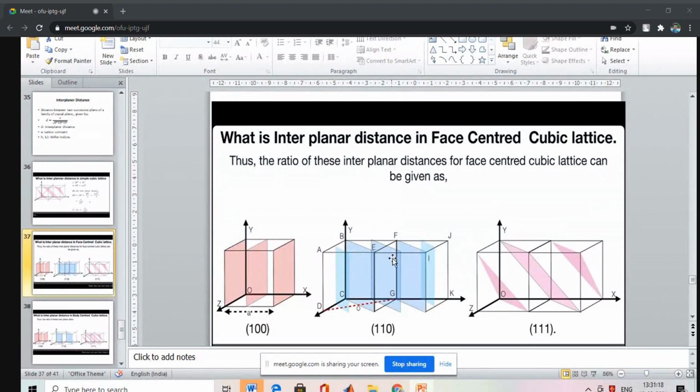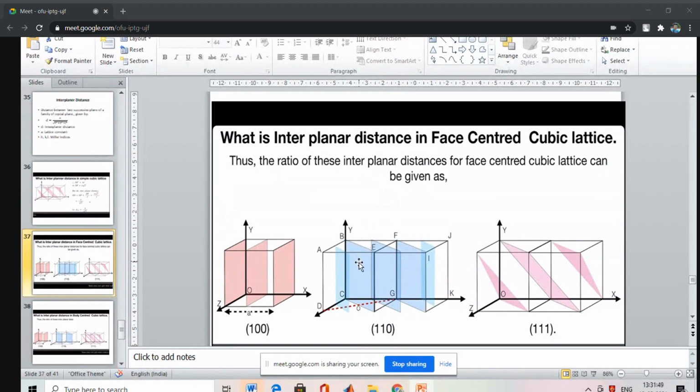Okay. And this is a very important characteristic of the crystal structure, and it is used in LCDs. You are familiar with LCDs? Okay. So depending on the interplanar spacing, the colors reflected by the crystal are changed. Okay. And this interplanar spacing can be changed. Interplanar spacing is nothing but the distance between two atoms.